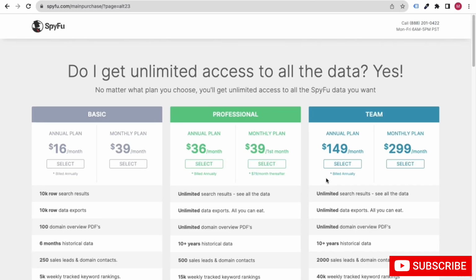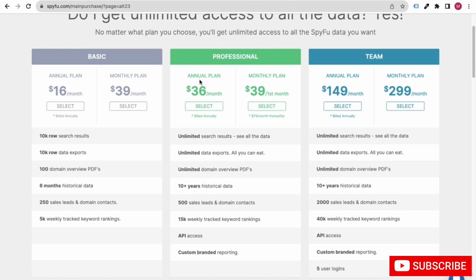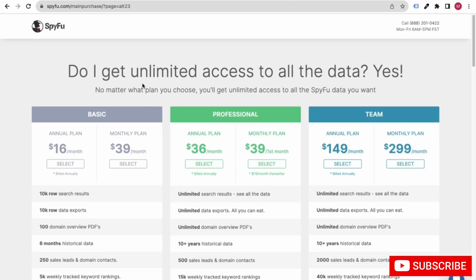Now you are going to see that within their paid tool they are promoting their API. You can see API access through the paid membership. So you can do the same, maybe you can even create a free tool. In this example it is a paid tool, but you can create free tools.